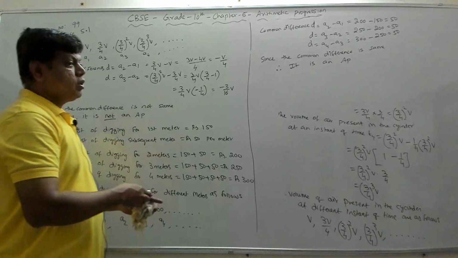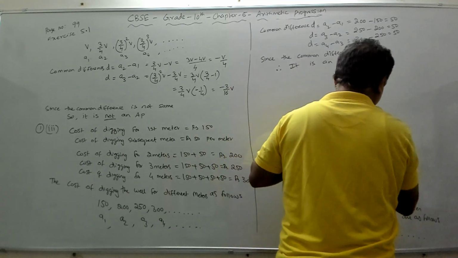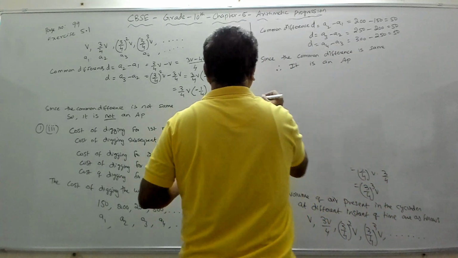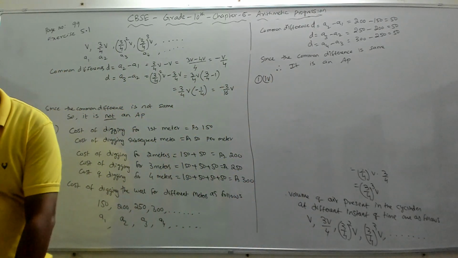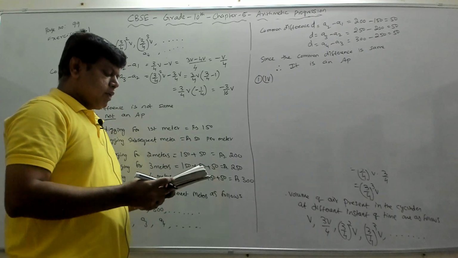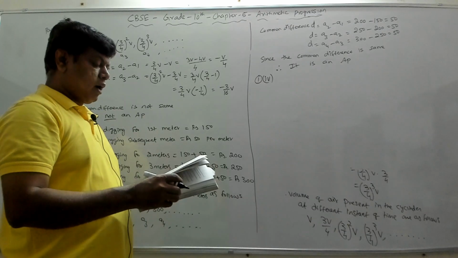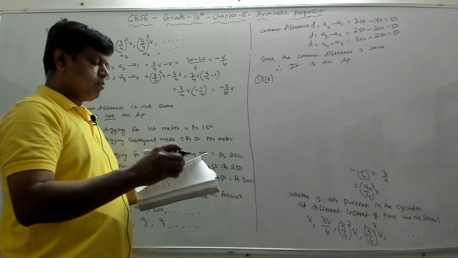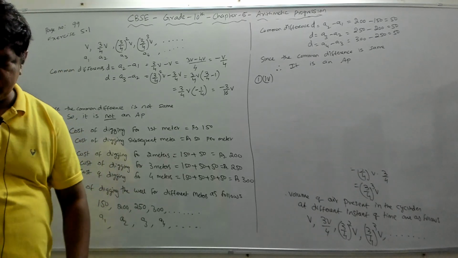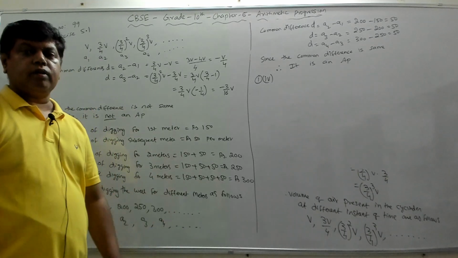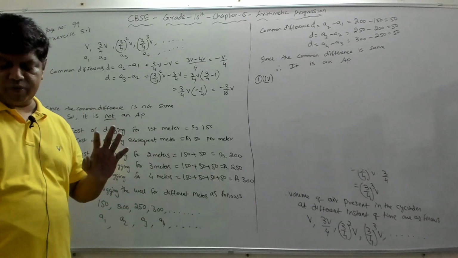Right? So let me go to the next one. That's the fourth part. First problem, fourth sub problem. It says the amount of money in the account every year when rupees 10,000 is deposited at compound interest at 8% per annum. Right? The amount of money in the account every year. Every year, how much of the money will be there in the account? That we have to find.